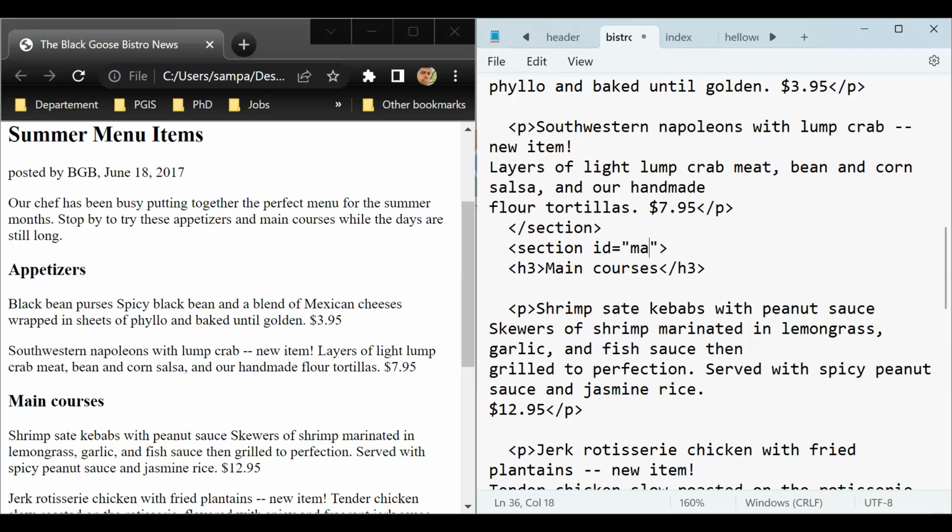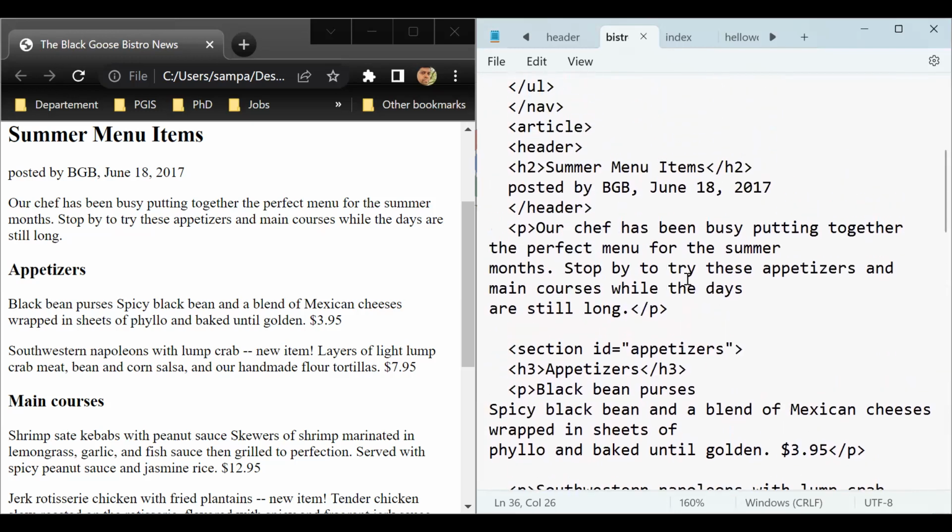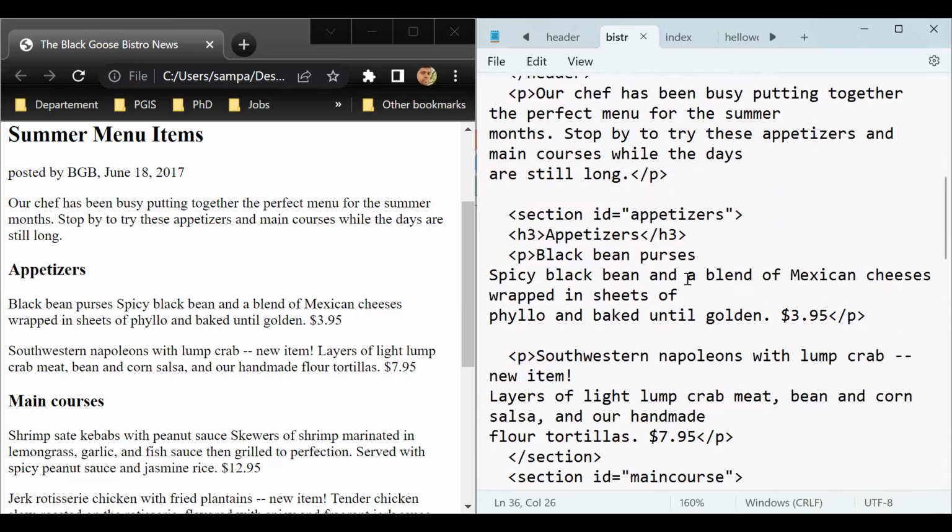Remember, no space. We will say main course, right? No changes in the appearance, but later on, when we work with the look and feel of this, we can actually change this. Now, similarly, the price information. Now here you can see a couple of price information. Now, when you want to have